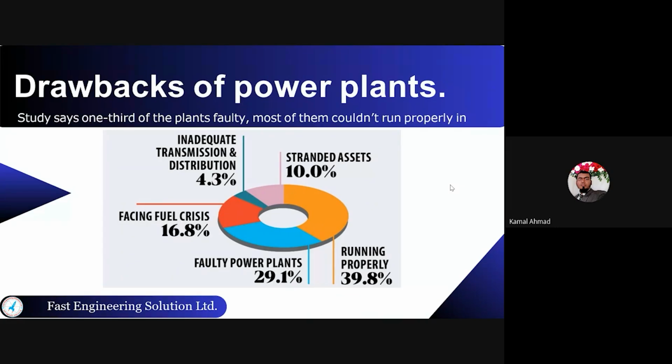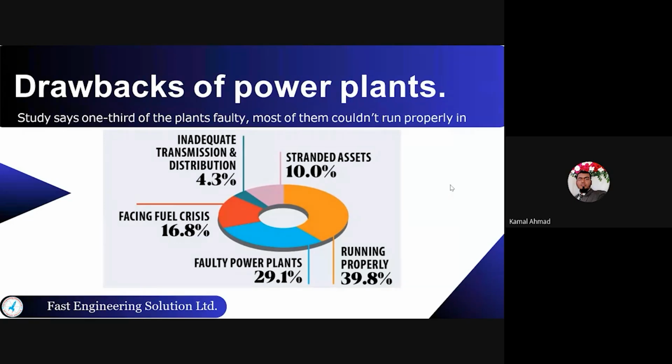So government was focused initially on large power producing, but when we are using large power producing, from using transmission and distribution, we are losing a huge amount of power. So if we lose 10%, we are almost losing 1,000 megawatt in the process. So if our total generation is 10,000 megawatt,